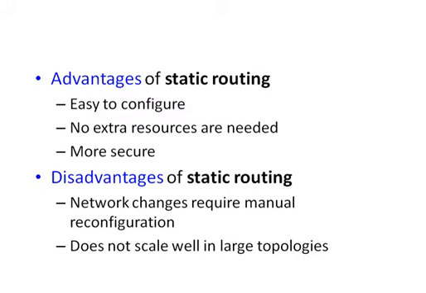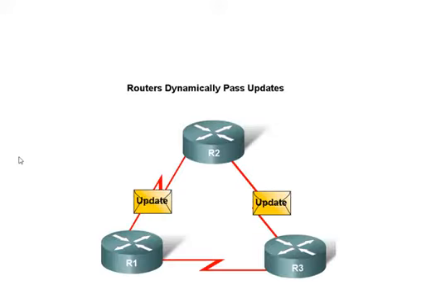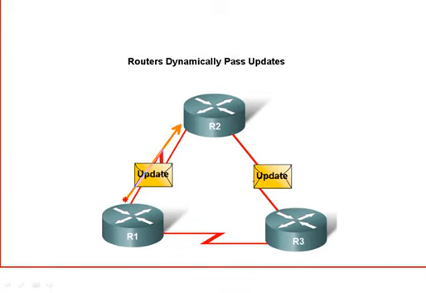What are the disadvantages? Very first, network changes require manual configuration. What does it mean? You have chosen this particular path or route as the best route from R1 to R2 or any of the networks that are connected here. In case it becomes down due to any reason,